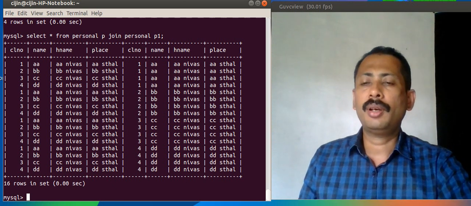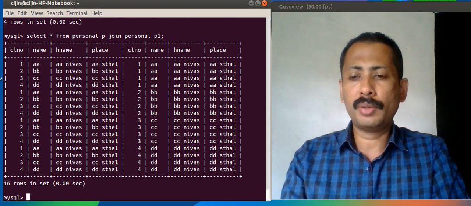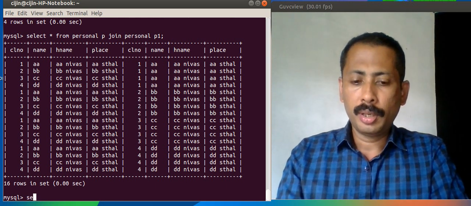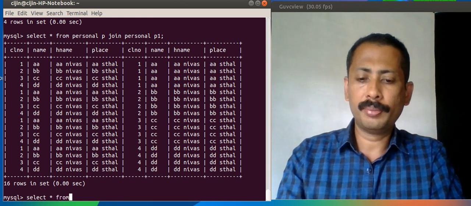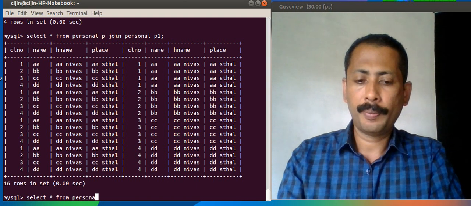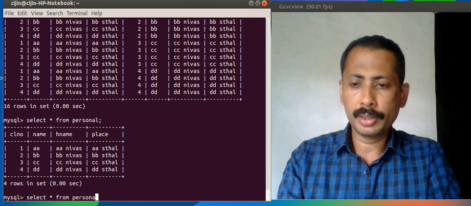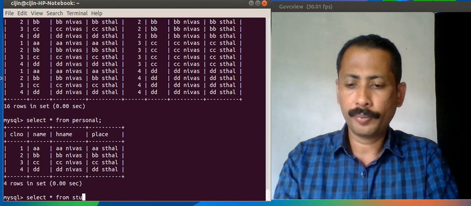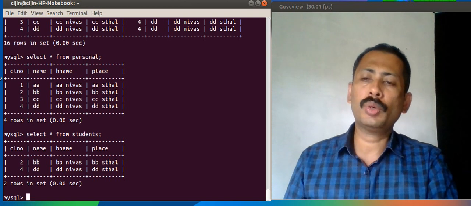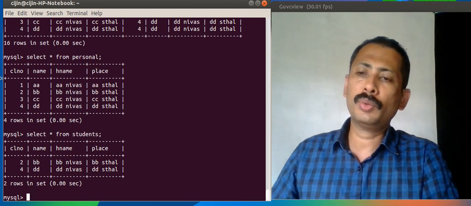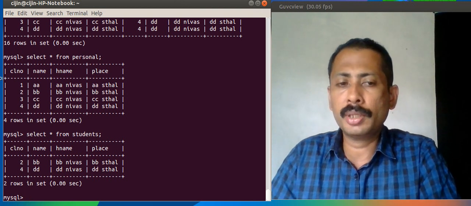Now I will show you how the union operation works. I am using select star from personal. I have a table like this, and I have one more table, students, and it has only 2 records, 2 and 4. There are 4 records in the first table but 2 records in the second table.